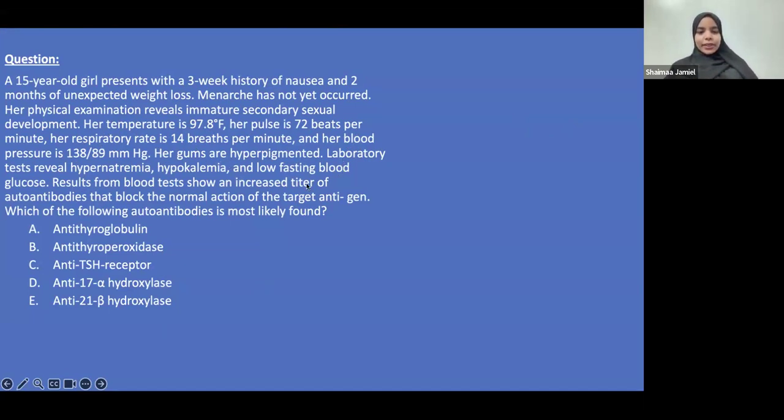Results from the blood test show an increased titer of autoantibodies that block the normal action of the target antigen. Which of the following antibodies is most likely found? Bit of a difficult question. Is someone saying D? Someone else. Okay. Mashallah then. Guess it's not so. So yes, this is